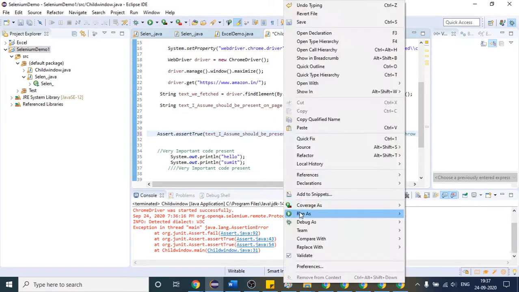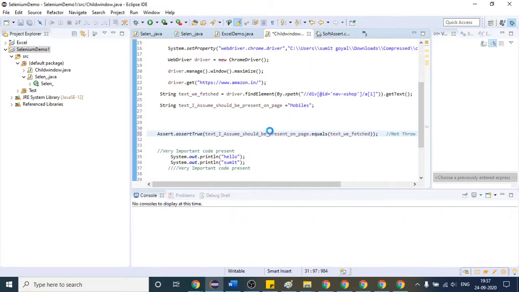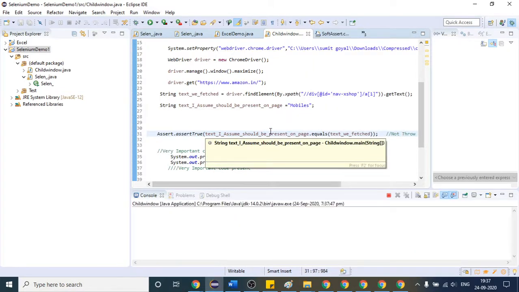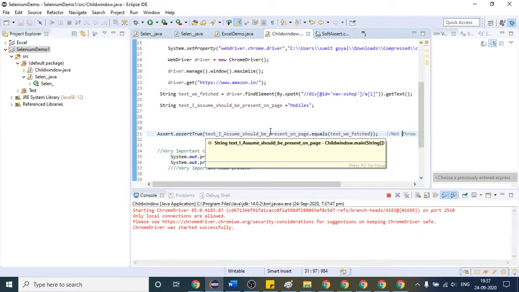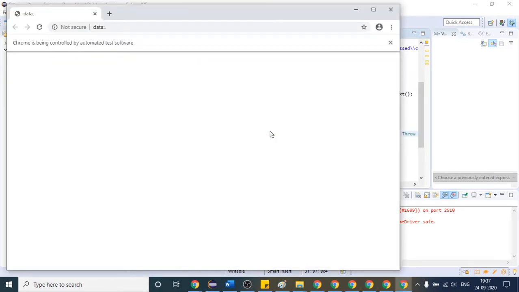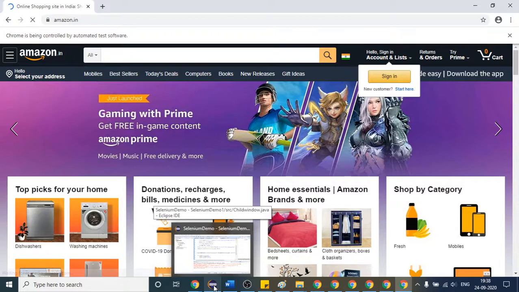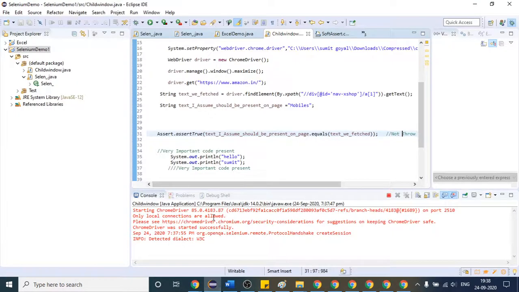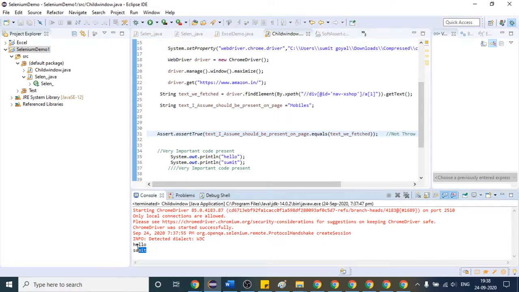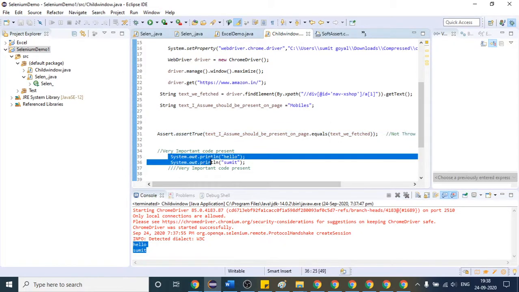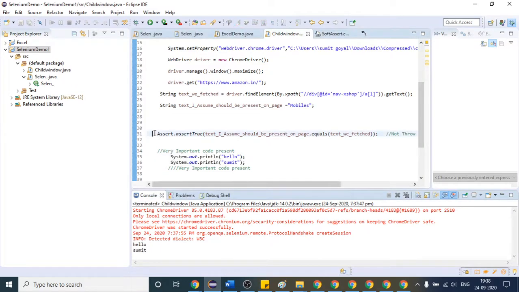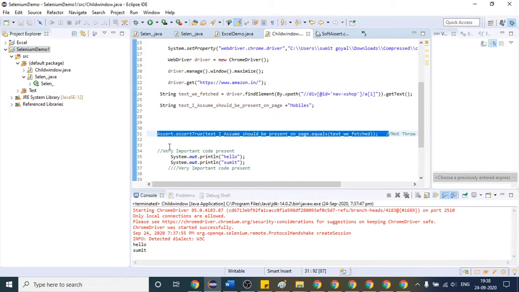You see here, if I try to right click, the website has started again, and this time our test case is not going to fail. So execution finished, and then you can see hello and Sumit is printed, right? So suppose this is our very important code, but it has executed this time because our test case has not failed. But suppose some exception is thrown at this point, then what will happen? These two lines are not going to execute, right?